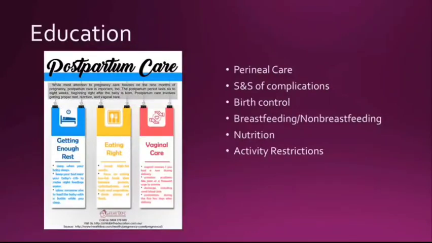As far as activity restrictions, for a vaginal delivery, the biggest thing is going to be no sex or anything per the vagina until they're cleared by the physician, which is usually 4 to 6 weeks postpartum. They can start to increase their activity, but one good rule of thumb is if their lochia rubra turned into serosa and then all of a sudden it turns back into rubra, they're probably doing a little bit too much. So making sure they're providing for adequate rest periods and not overexerting themselves,